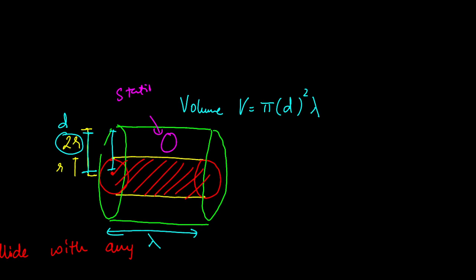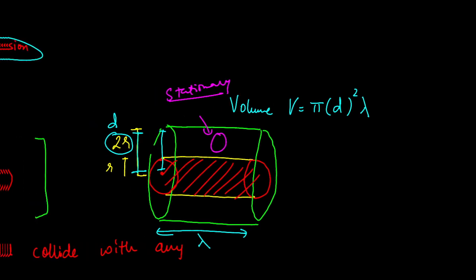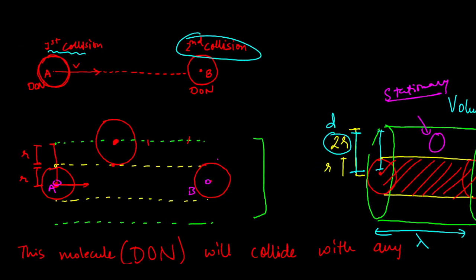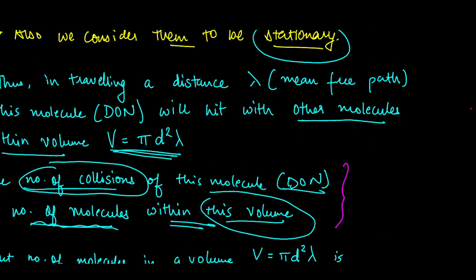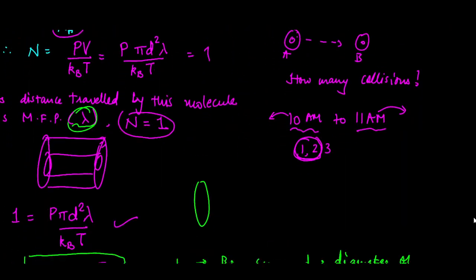I also told you that there would be a lot of complicated mathematics if it was not stationary. So now it is time for that result. If the molecules are not stationary, then